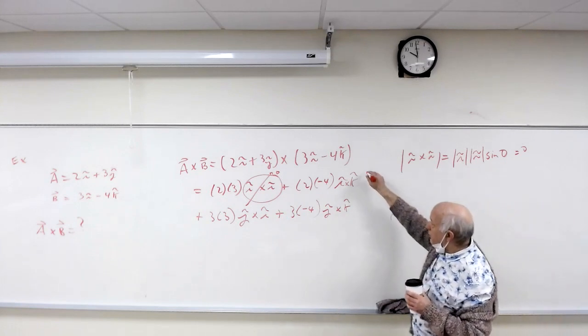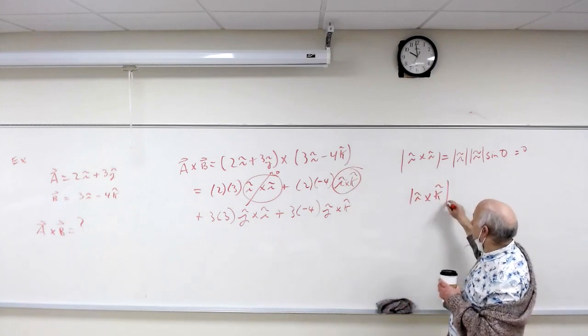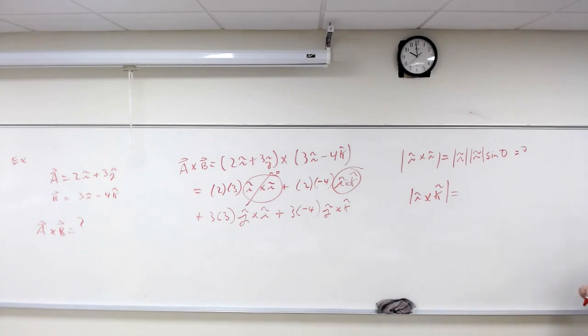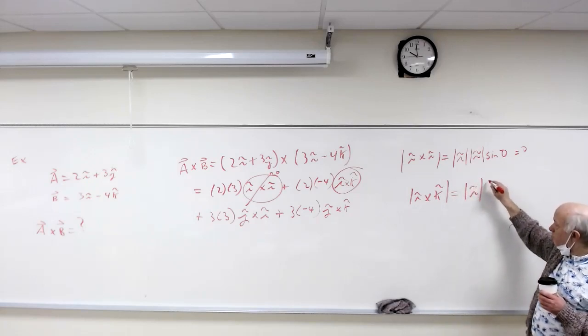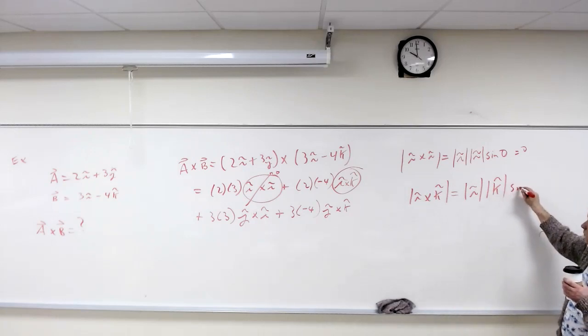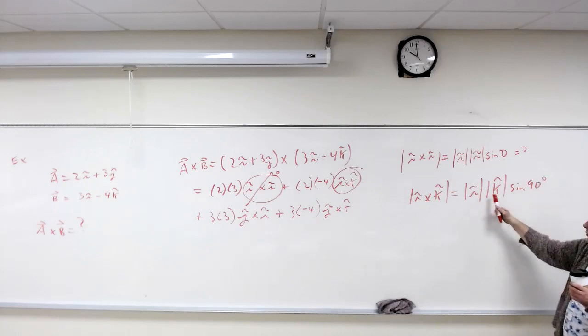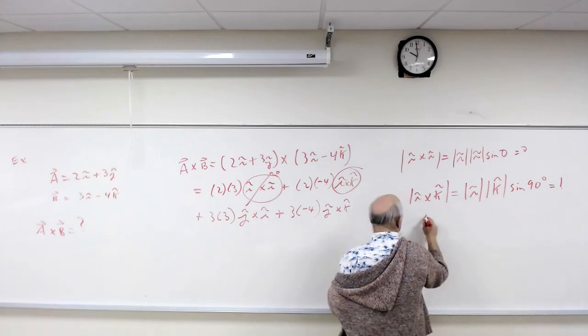Okay, let's work out my buddy here. What's I cross K? It should be J. The magnitude is the magnitude of I times the magnitude of K times the sine of the angle. What angle does I make with K? 90. Sine of 90 is 1, so 1 times 1 times 1, which is 1. Now, what direction is that going? That's J, where we're looking out.